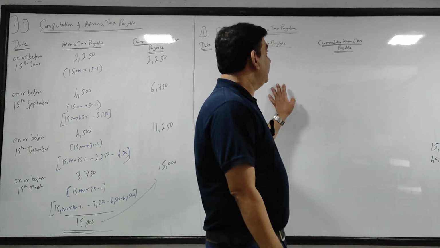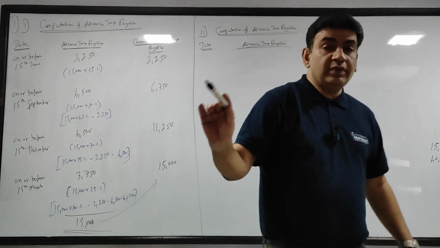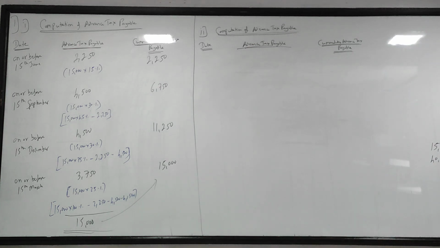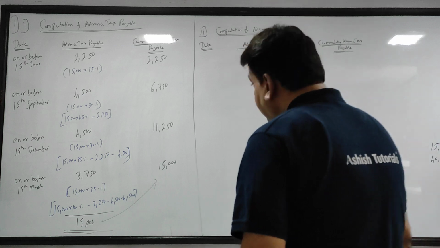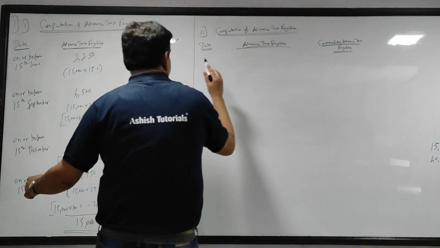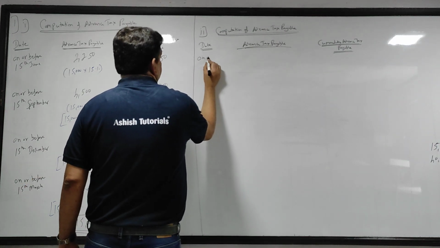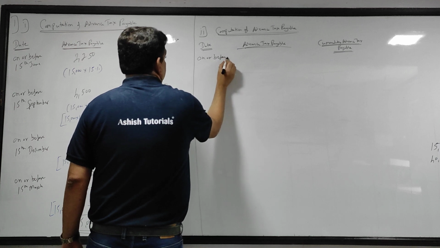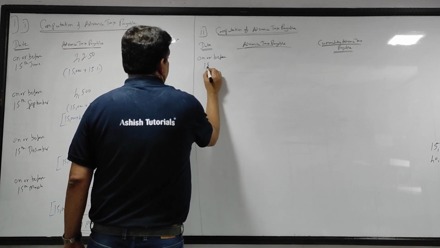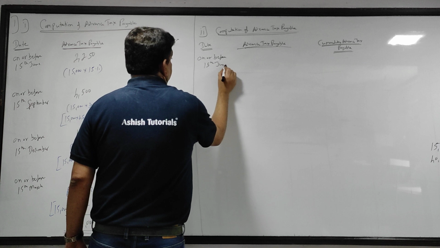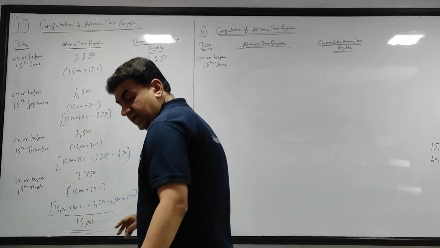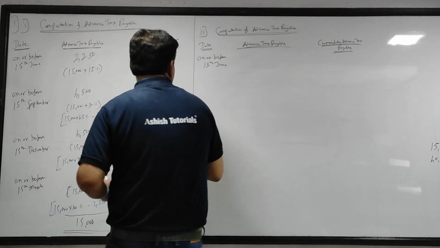Got it? Same way, let's take the second question where the advance tax amount is 40,000. Okay, 40,000. Let's revise. So first installment on or before 15th June. अमाउंट क्या है? 40,000. सो